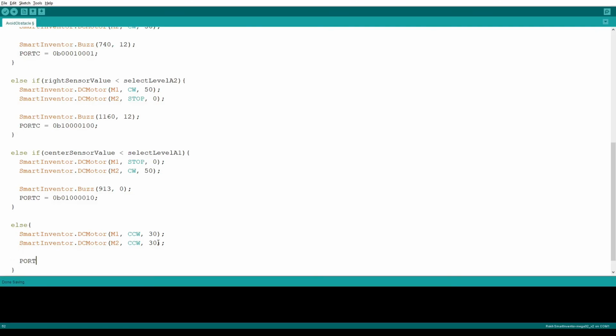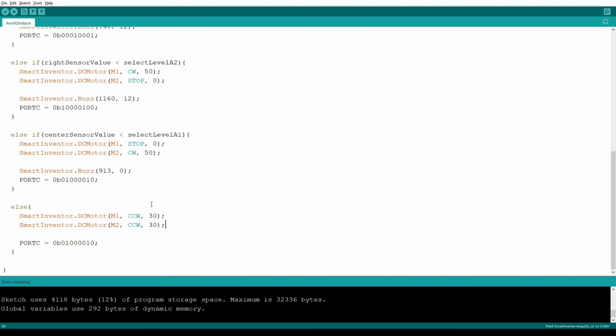And our default lighting is going to be this one here, which is the same as our center sensor. So I'm going to go ahead and copy and paste it here. Alright, and that's how we